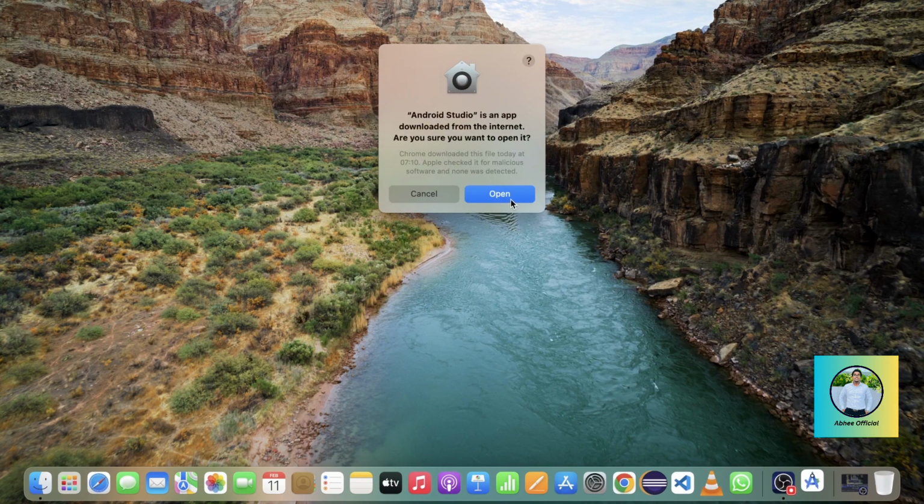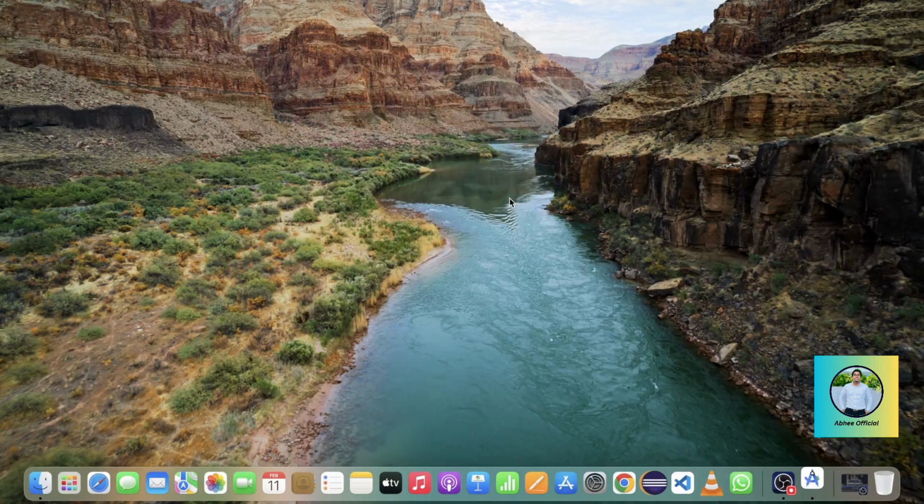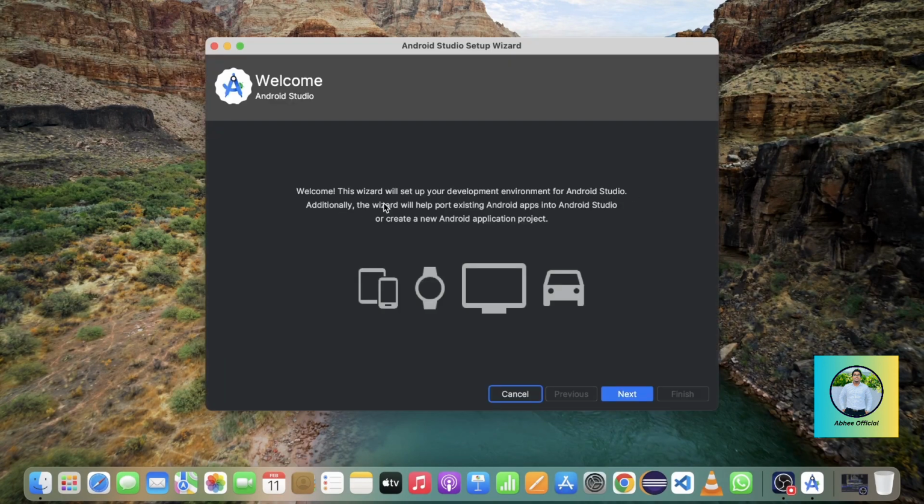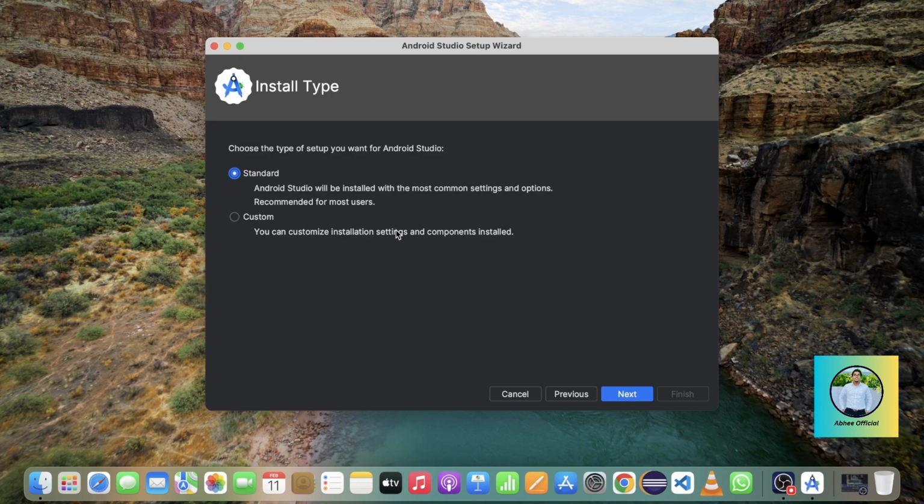In here you guys simply click open. Welcome, this wizard will set up your development environment for Android Studio. In here you guys can simply click next. In here I am going to use this standard, then you guys also choose that one and simply click the next button,